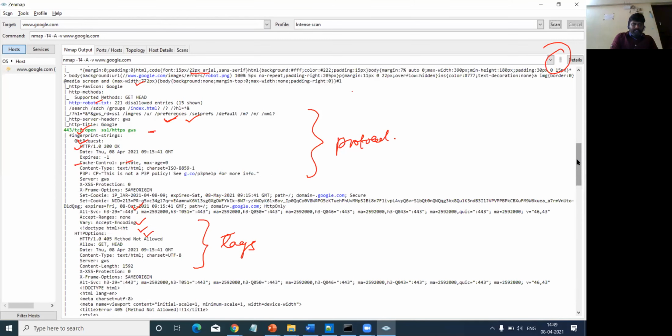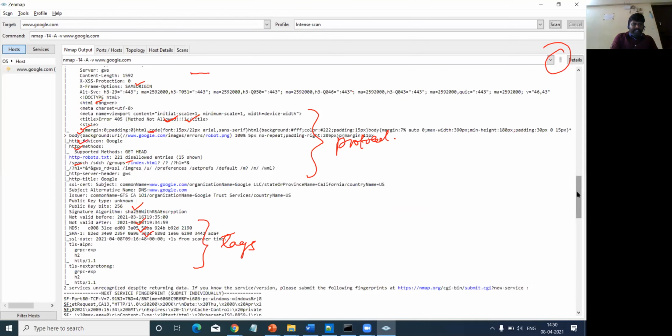Suppose you are not able to understand these commands, everyone may not be comfortable with this information. See here, there is some information written, which is public key type unknown, the public key bits 256, and then the signature algorithm.